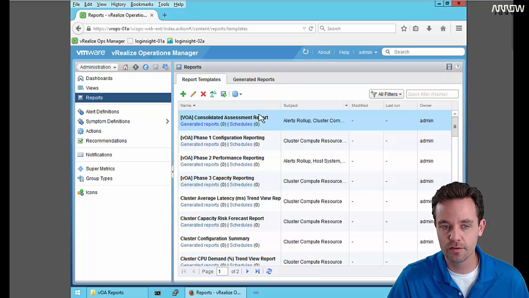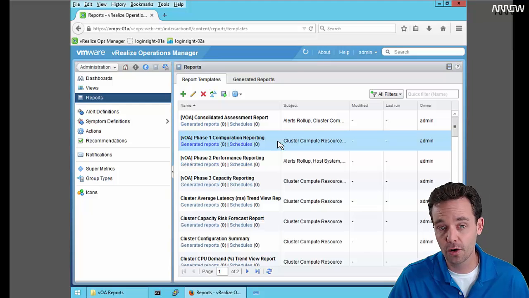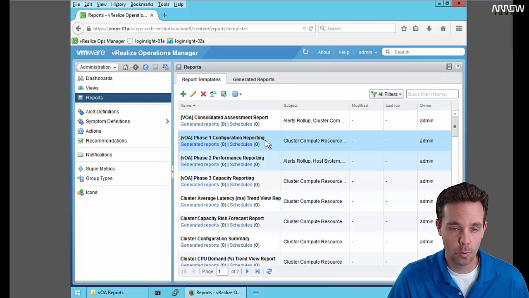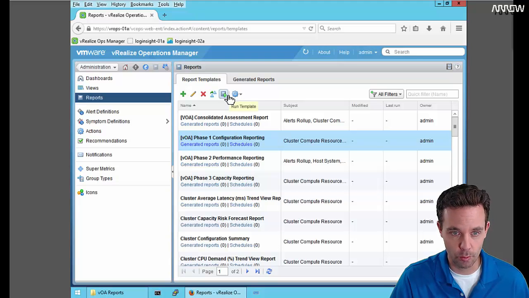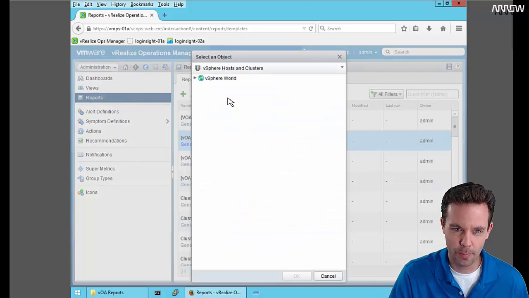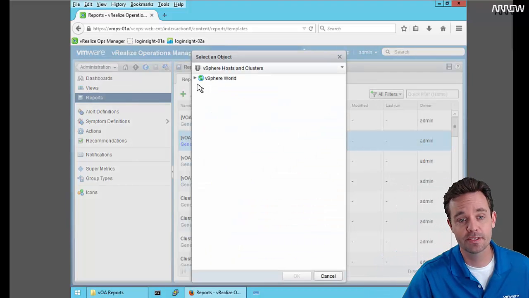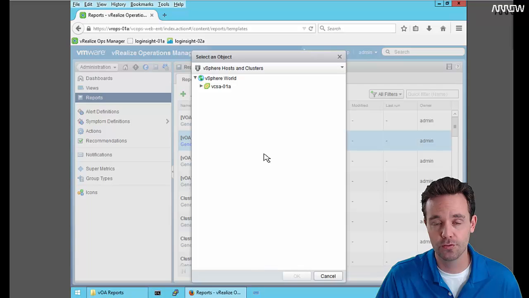So again, if this is day one and we're ready to run a report, we've installed vRops, we simply select the report and we select this little notebook run template icon. So notebook with a play icon. And each report doesn't take too long to run, though we do have to select the object within the vSphere